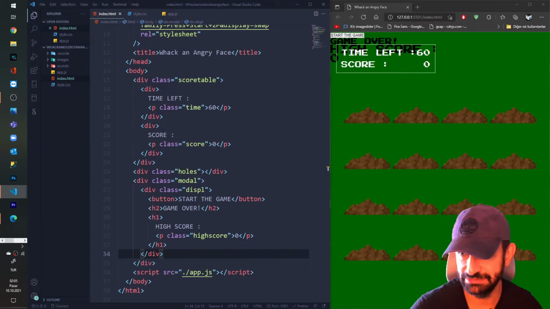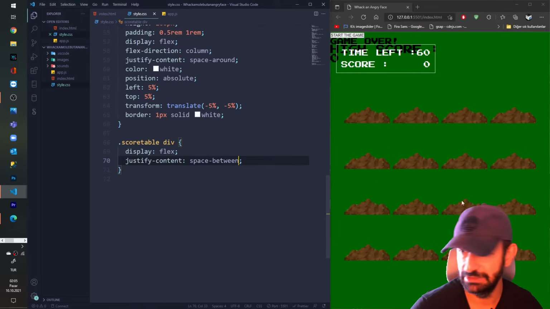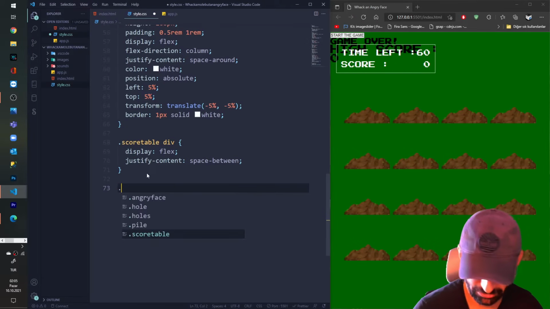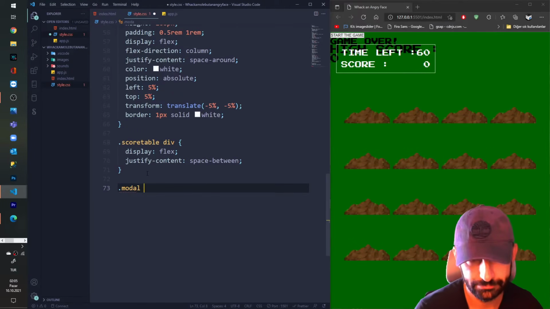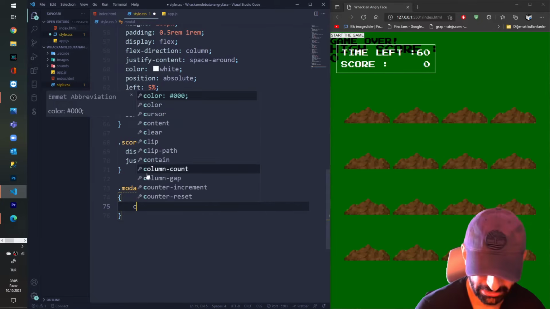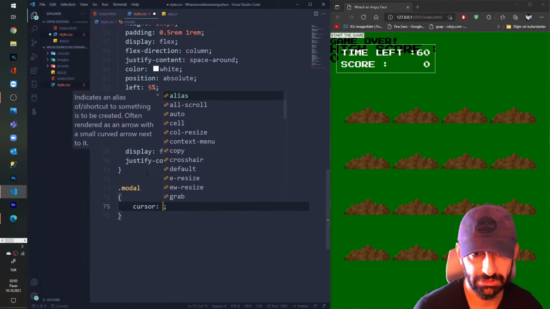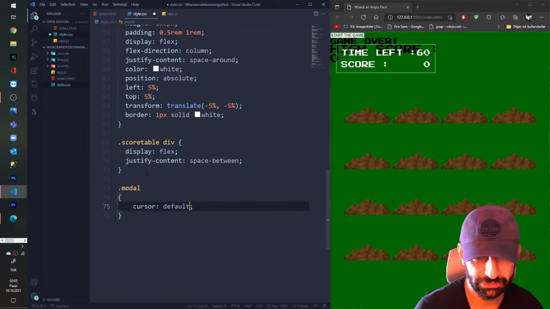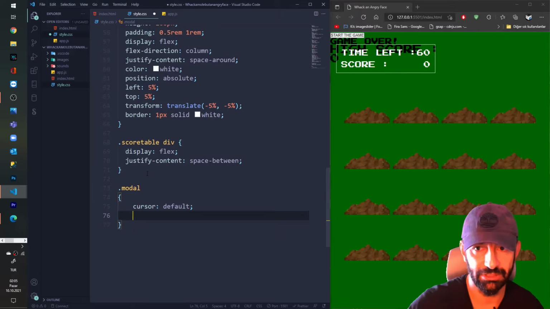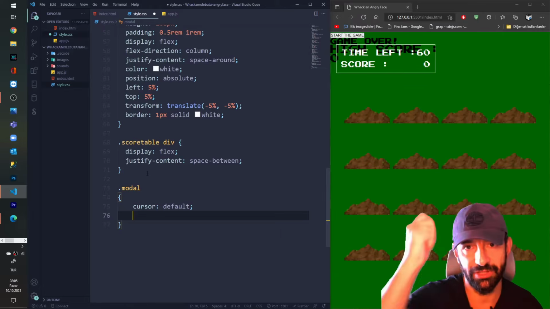Everything will be great for my modal. CSS. Okay, let's style my modal. I'm gonna say cursor default, because when I start the game, we're gonna use our default pointer, the hammer.